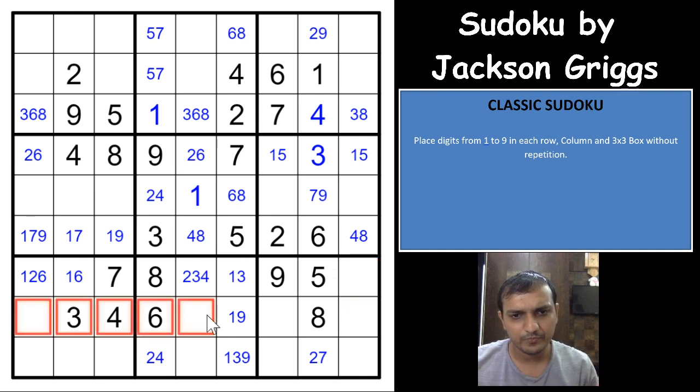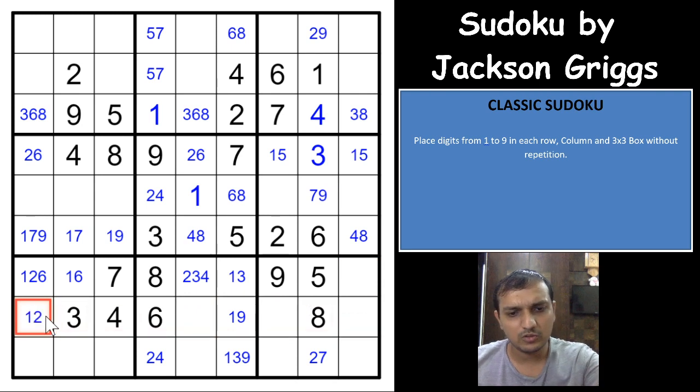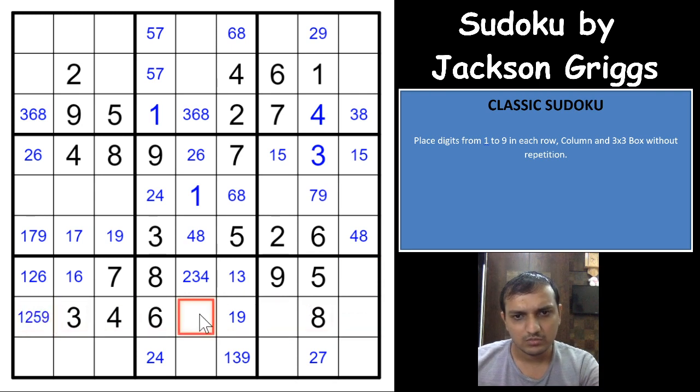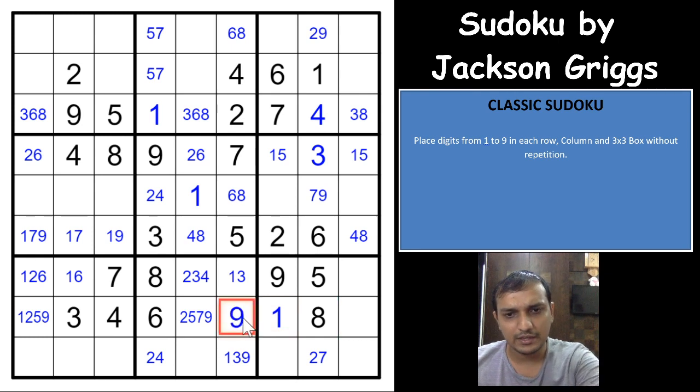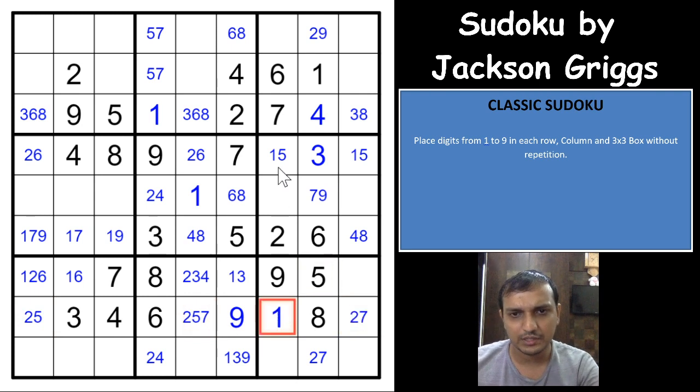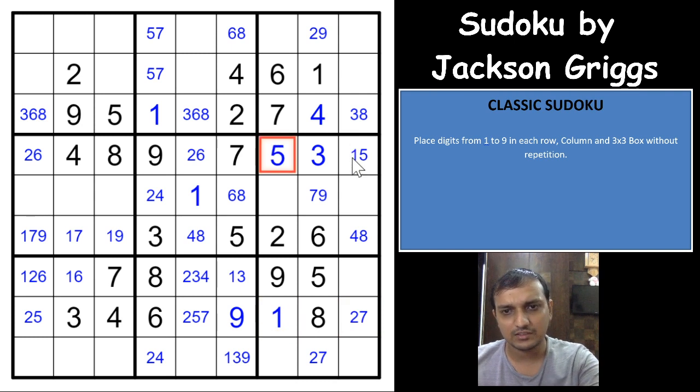Let us see this row. So 1 2 5 7 and 9, 7 1 2 5 9, 1 2 5 7 and 9, 2 9 7 1 and 5. 5 is, oh, this would have to be 1. So that gives you a 9 here. That's nice. So 1 and 9 are eliminated from here. So 2, 5 and 7, right? 5 is here, so this would have to be 2 7. So you got a 1 here. That gives you a 5 here, and that gives you a 1 here.